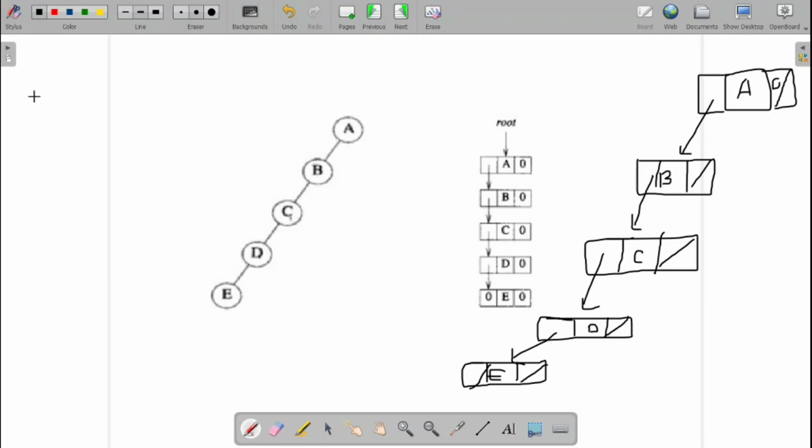If I go for the right skewed tree, so if I have the tree as A with only one child, that is B as the right child, then B with only one child, C as the right child, C with only one child, D as the right child, and D with only one child, E as the right child. So now to represent this one,